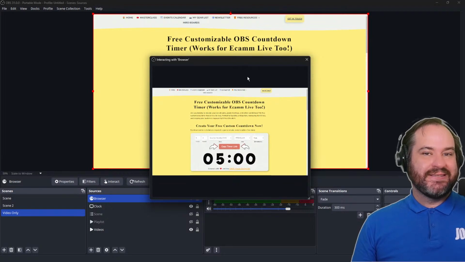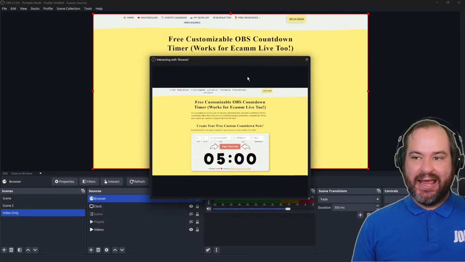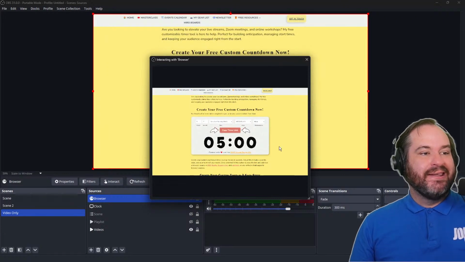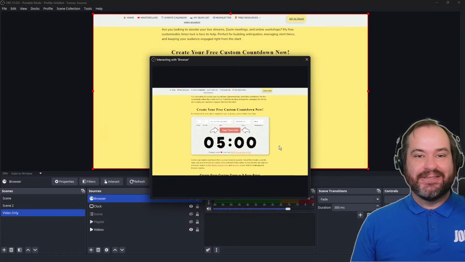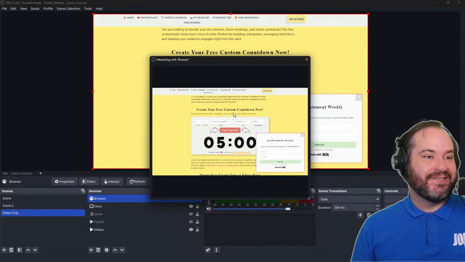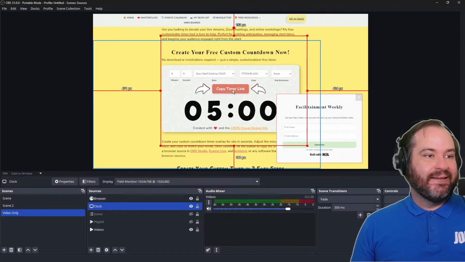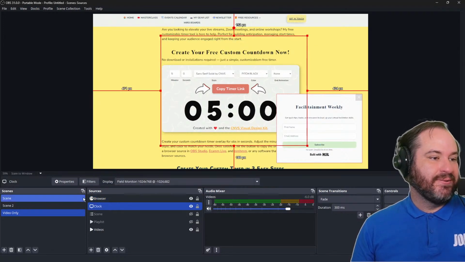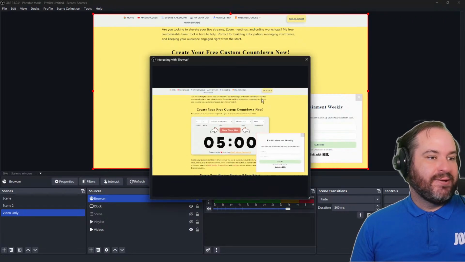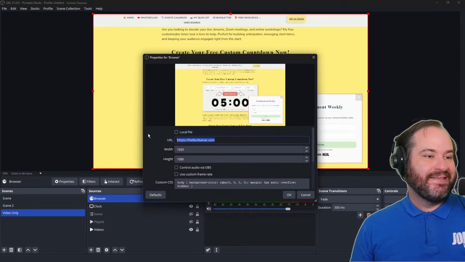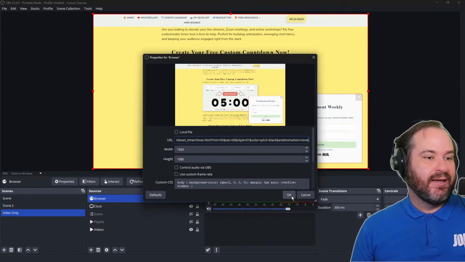This is not always the way that I would personally share a website, by the way. I just wanted to give you a quick example. I've accidentally clicked on something that is perfect for this, which is the free custom countdown. So you can literally select your options and copy a link. In fact, if I go back to interact, copy that link, and now if I go back in here and paste that link and go OK,